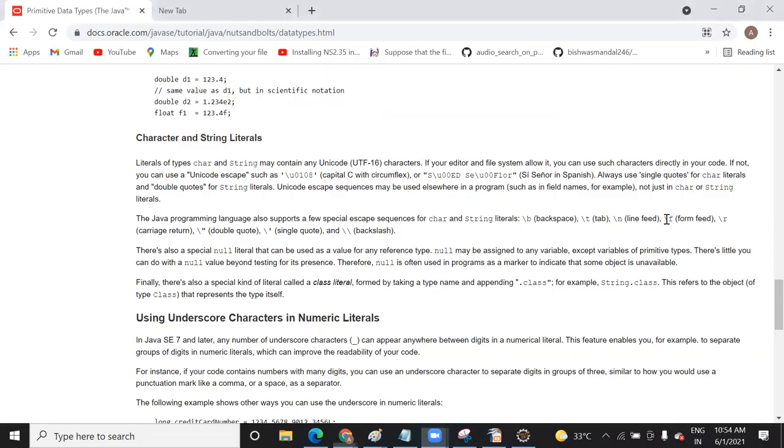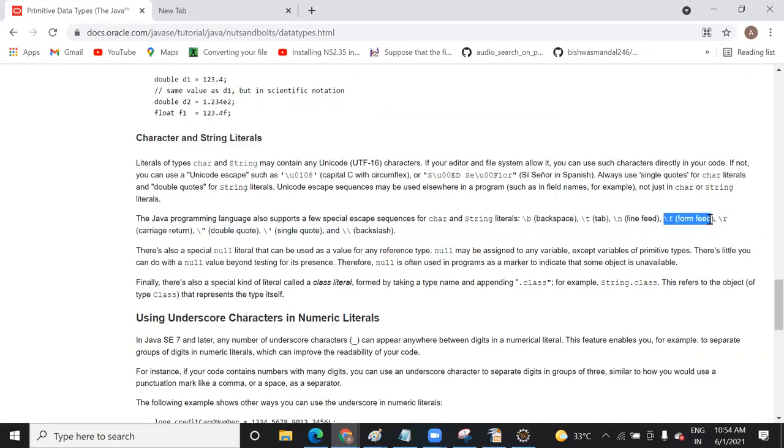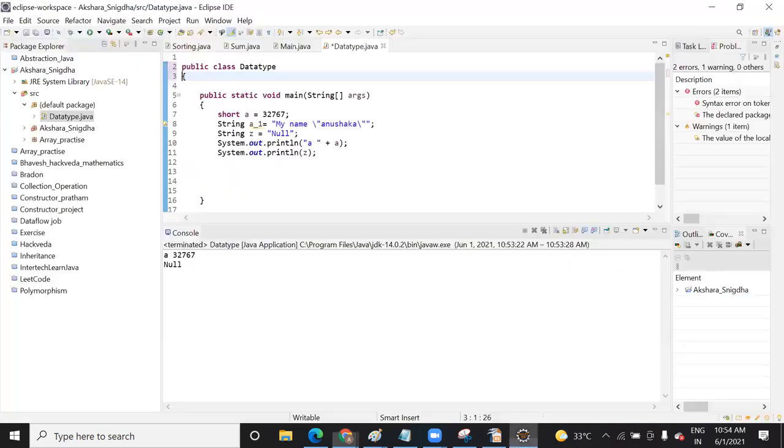This one. These are the different escape characters. Right now I don't remember form feed exactly, but I know they are used for things like backspace, space, and entering a new line, and slash f is a form feed. It's one more kind of escape character. It's not used much in programming, but okay, let me show you what this is.